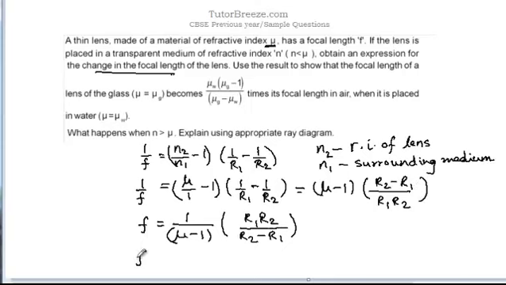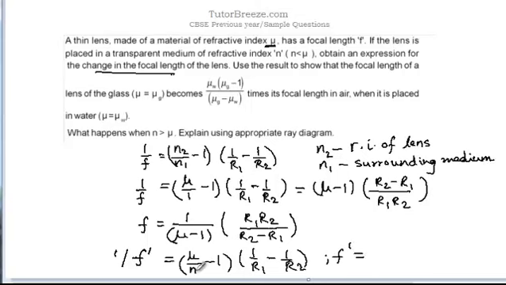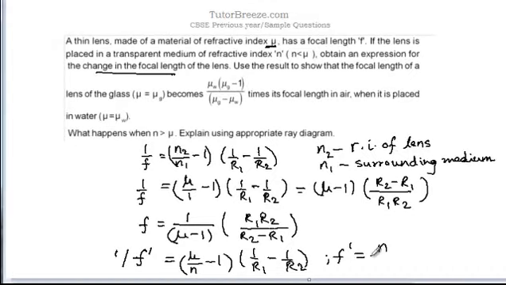Similarly, for the second case, we can write 1 over F dash is equal to, the lens is now placed in a medium of refractive index n times 1 by R1 minus 1 by R2. Similarly, we can write F dash as, so if you take the LCM for this, this would be mu minus n over n. So when we find F dash, we have to take the reciprocal. So that would become n by mu minus n times,